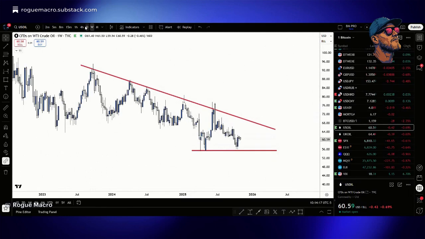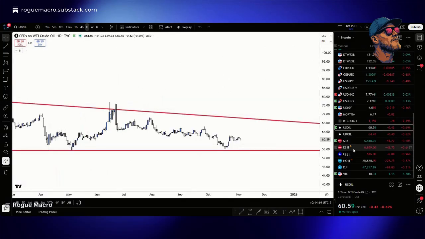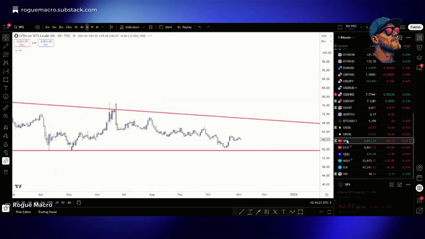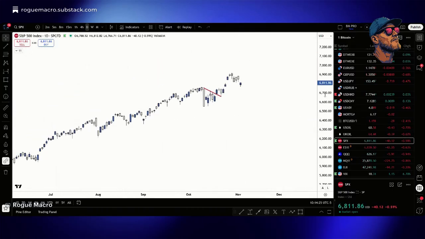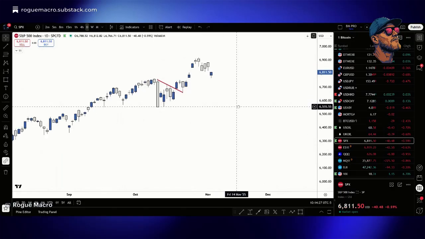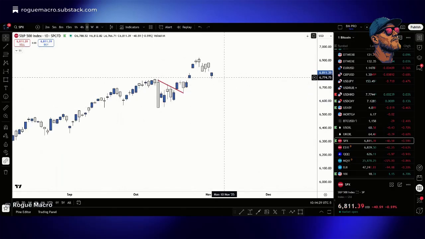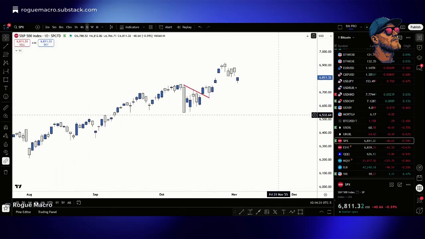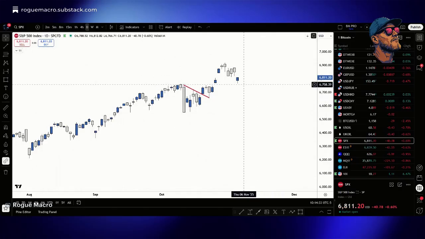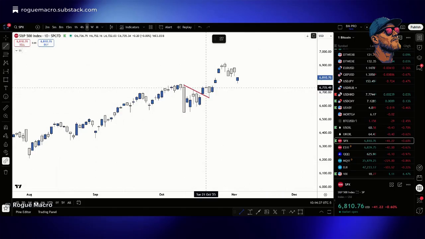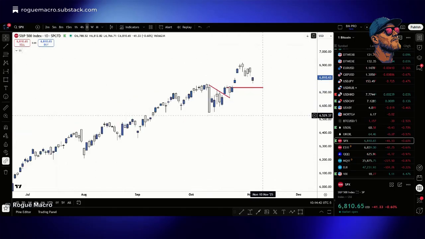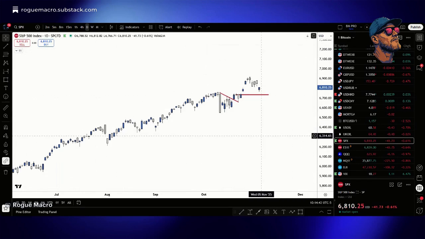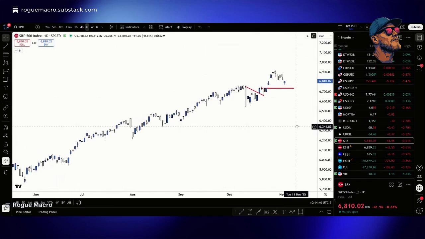How about S&P 500? Let's go to the daily first. And market is open, so let's take a look. Opened with a big gap down, but it is positive on the day, so we'll see where this ends up. There is this gap right here. So this gap might touch that and go up, but we are right near all-time highs,